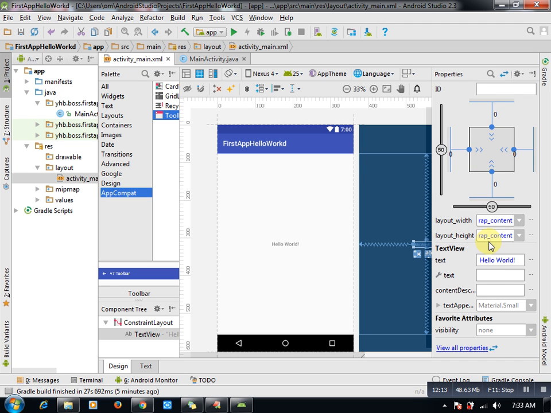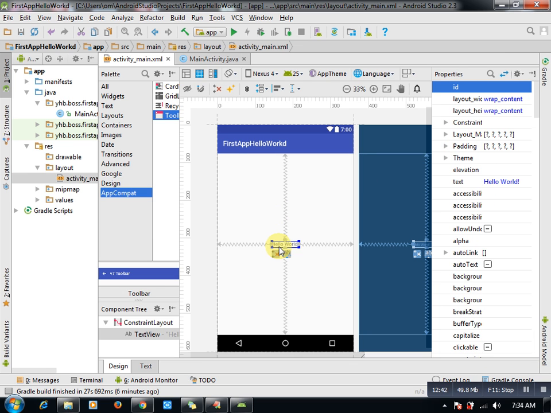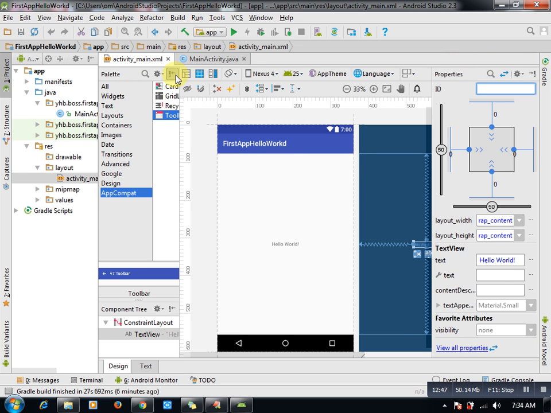Just pay attention. What is the package? At the time of package, I gave the yhp.boss.my application name. You will get some predefined import statements along with your Java class. Here is my main activity, which extends AppCompatActivity. This onCreate method is a lifecycle method of your Android. Now this AppCompatActivity will call the superclass onCreate, and this onCreate means when your application is launched, which view you want to